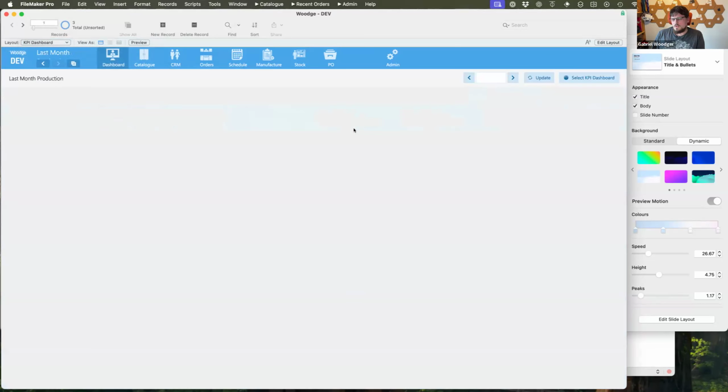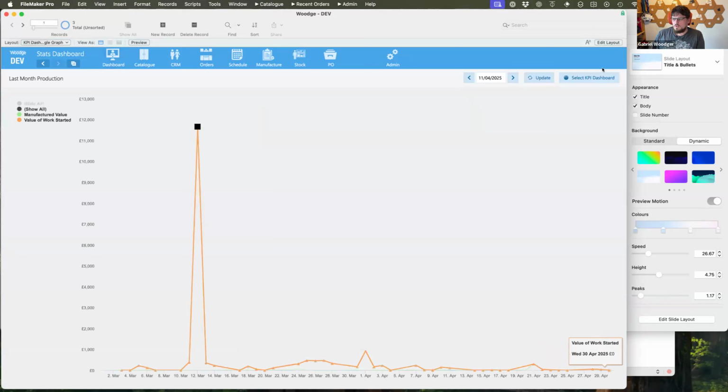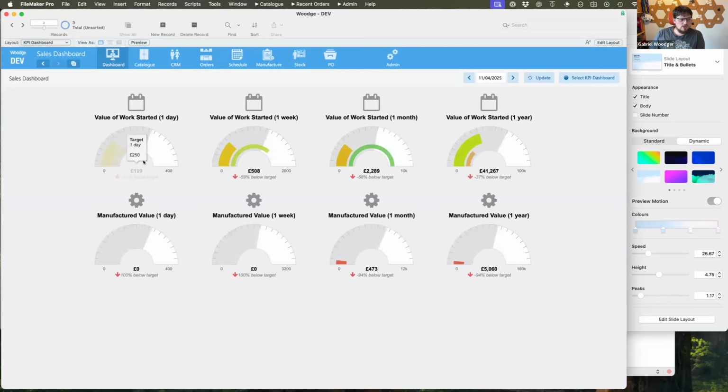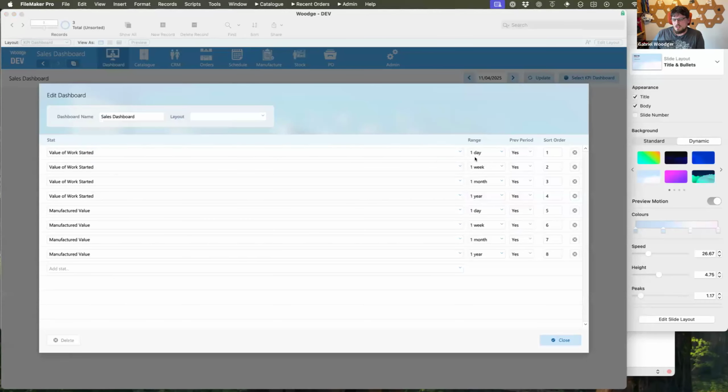KPI dashboards in here are done with Highcharts. And again, these are customer specific. We have a bunch of records that get created every single day, and these allow you to summarize: I want to see this particular stat over the last day, week, or month, and compare it to the previous period.